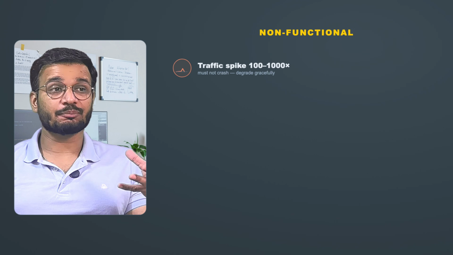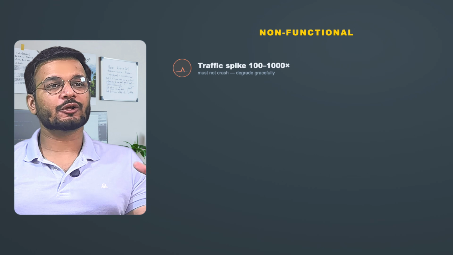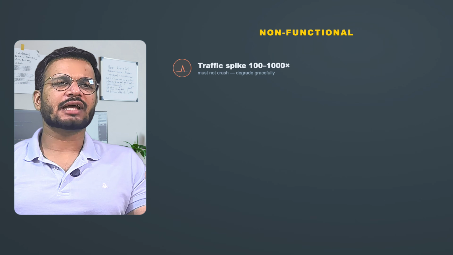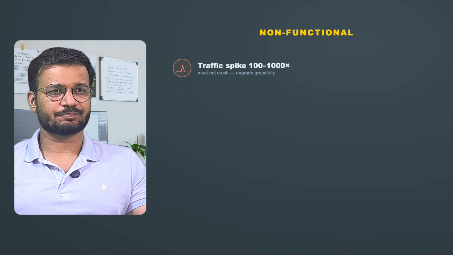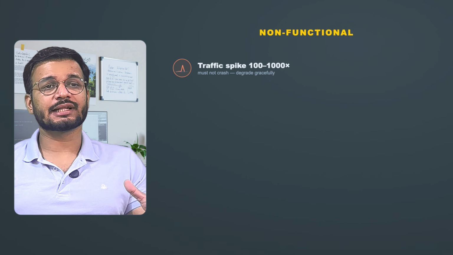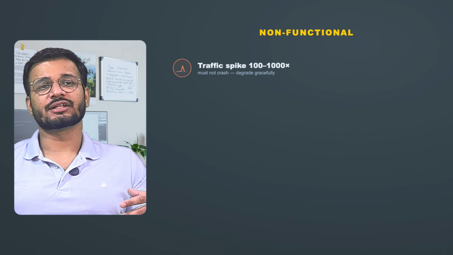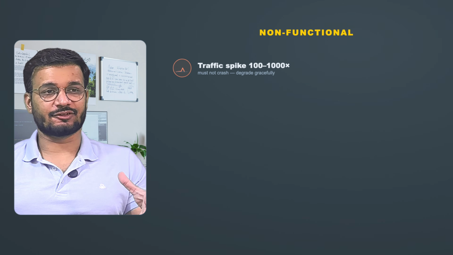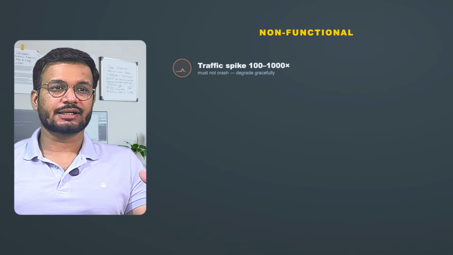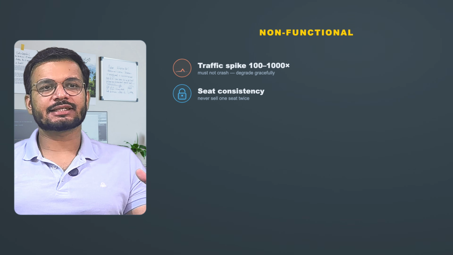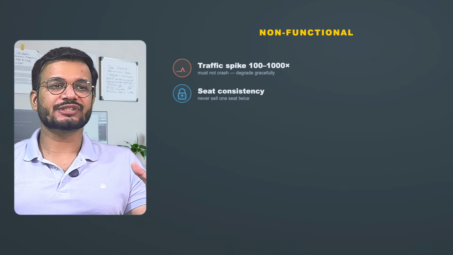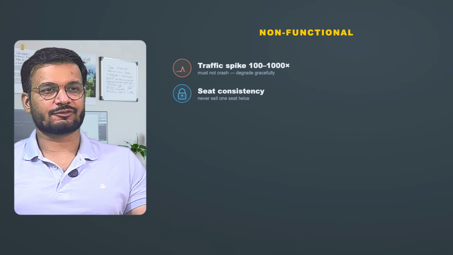After this, let's go into the non-functional requirements. This is also very important for an interview. Now, the hard requirements are traffic spike handling. On a normal day, Ticketmaster handles 10 million page views per day. When a major artist goes on sale, imagine Beyonce or Taylor Swift, the traffic can spike up to 100x to 1000x in seconds. The system must not crash. It must degrade gracefully. It's acceptable to make users wait in the queue. It's not acceptable to lose data or confirm duplicate bookings.